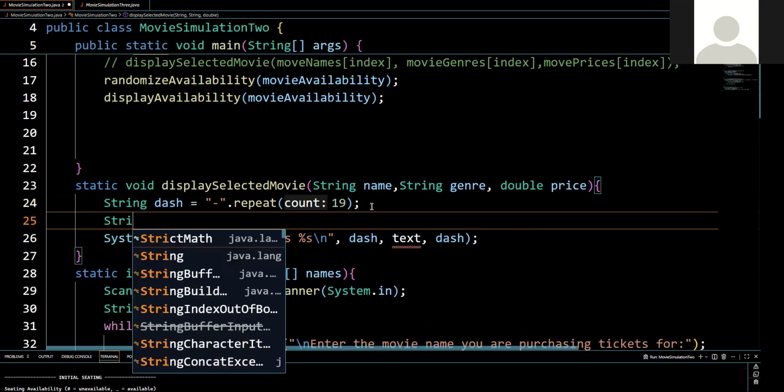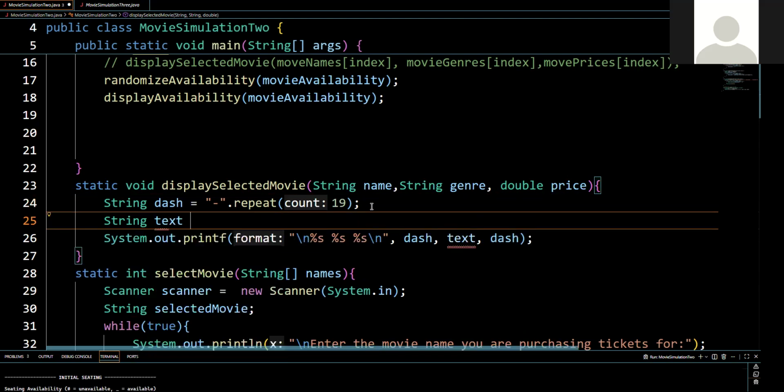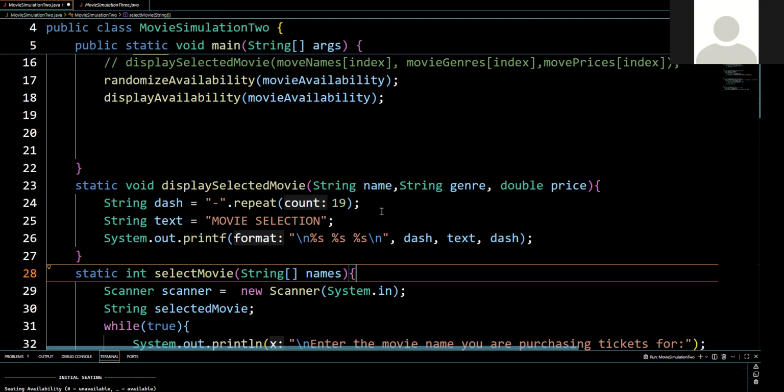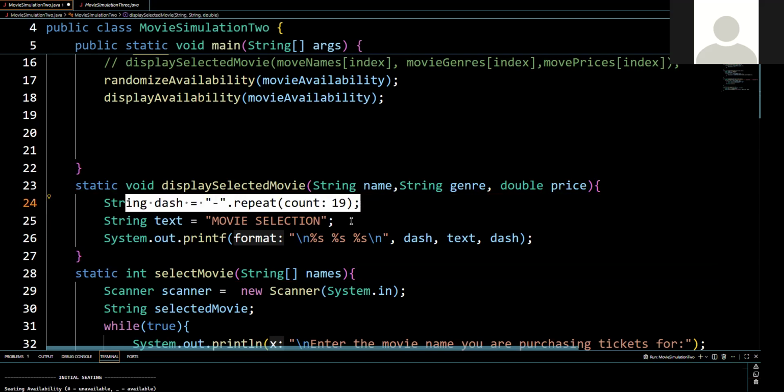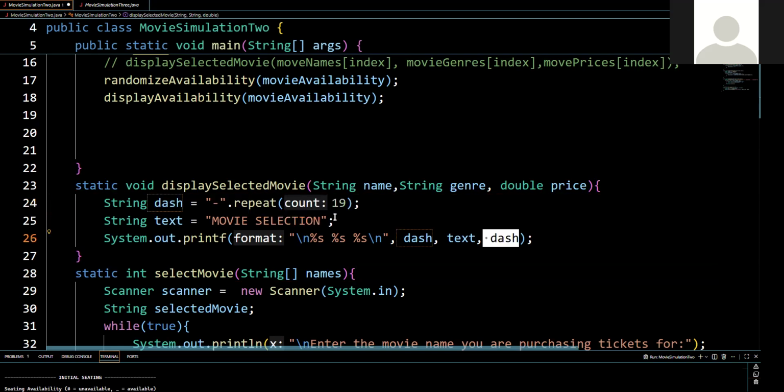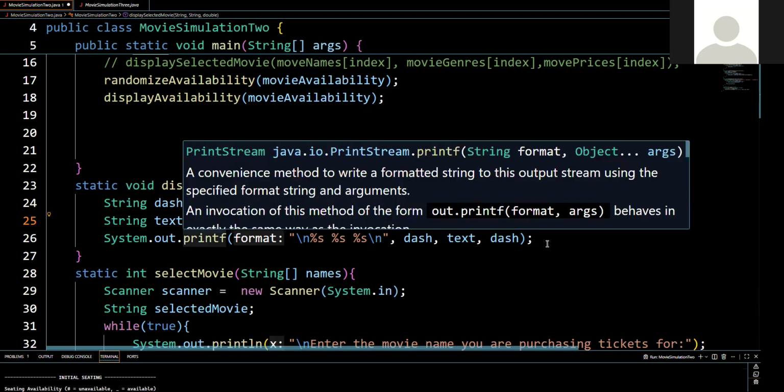And then we're going to have string text here. And this is just going to be, make it capital, movie selection here. Okay. All right, so we have our dashes. We will have the dash to the left, the dash to the right, and then the text will be movie selection here. All right, so now that we have this part where it's just for the header,